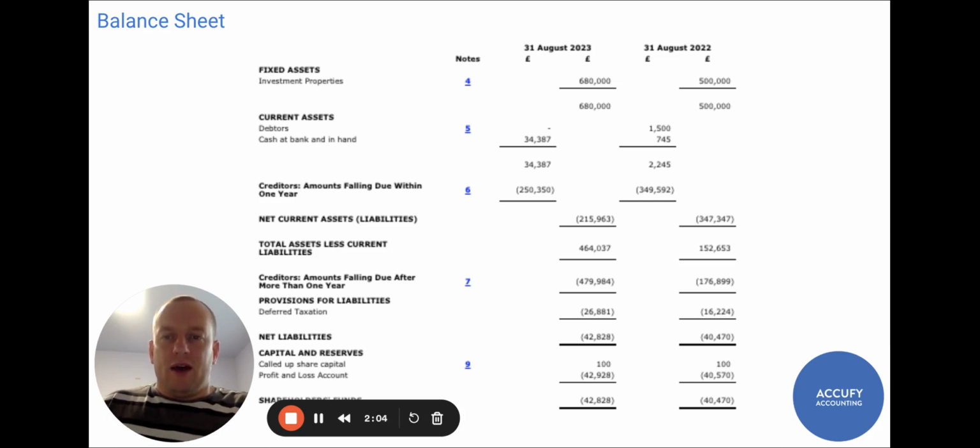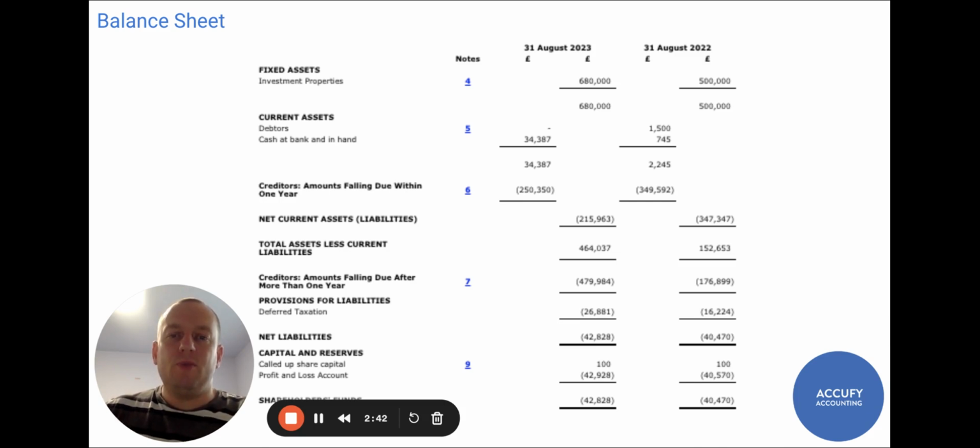We then below that have creditors, amounts falling due within 1 year. So a creditor basically is somebody that the company owes money to. If it's a creditor, amounts falling due within 1 year, it's basically a short-term creditor. So it's something that has to be paid back within the next 12 months. So for a property investment company, that could be, for example, a bridging loan potentially. That could be a year or less, the likely time frame you'd pay it back. It could also be short-term financing,